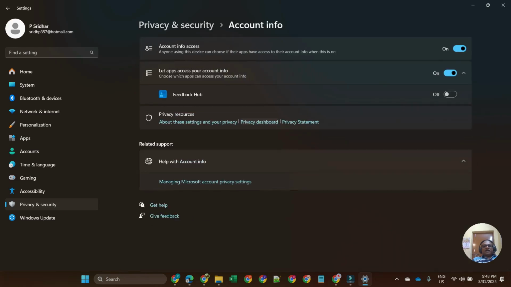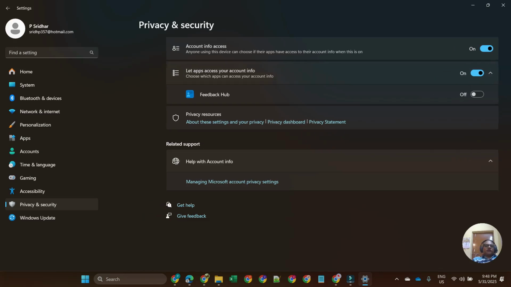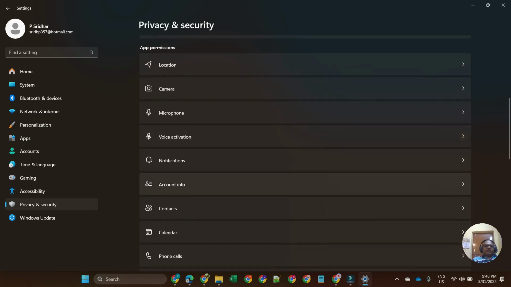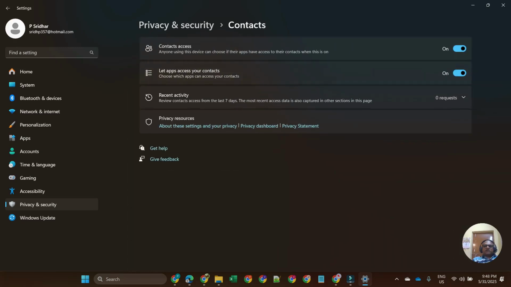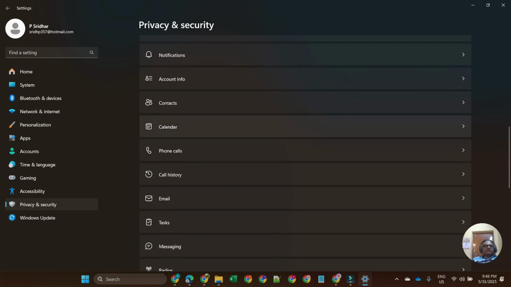Another important thing is account info. Some apps may require account info access, so you need to provide that. And contacts is something which is different from Android contacts and Apple contacts. Microsoft contacts are different. If you are not using it, you can disable it. But if it's necessary, you can keep it. So, calendar